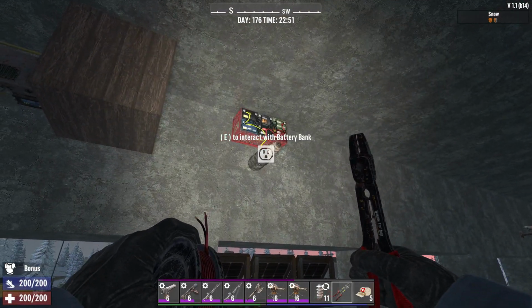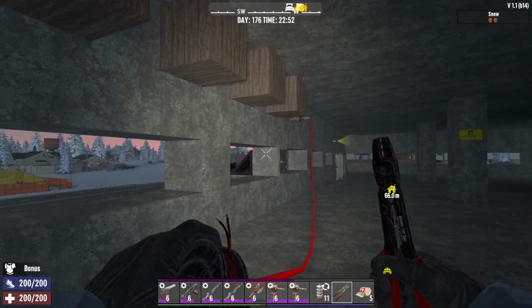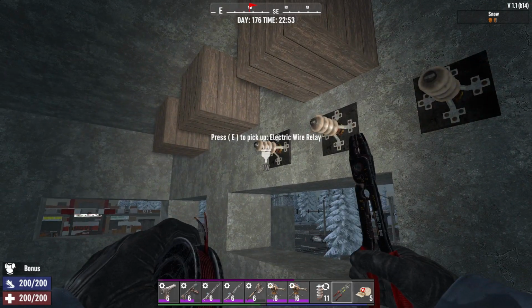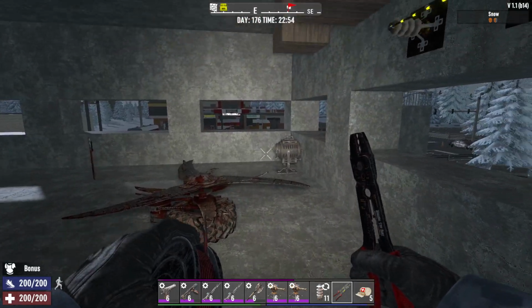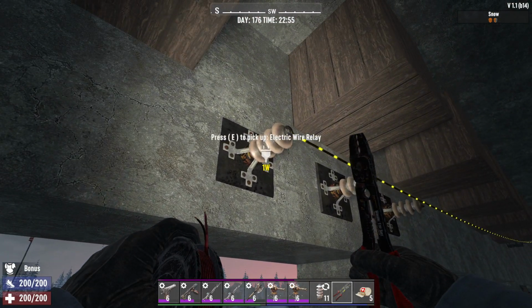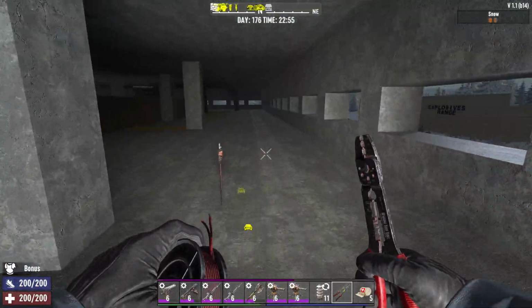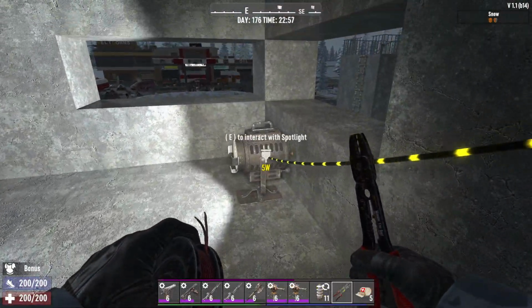All right, so we're going to go at this time from the solar bank, battery bank to there. See, we reached it past there. Okay, so this time we're going to go from source to destination. Oh, then we have a spotlight. All right. Now, one more thing we're going to do here